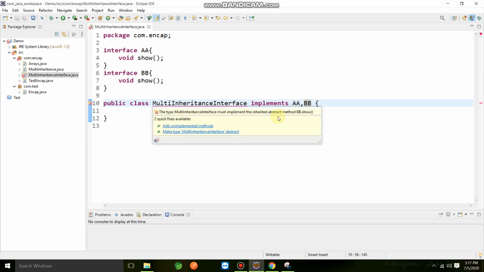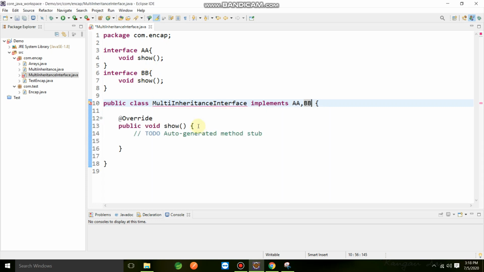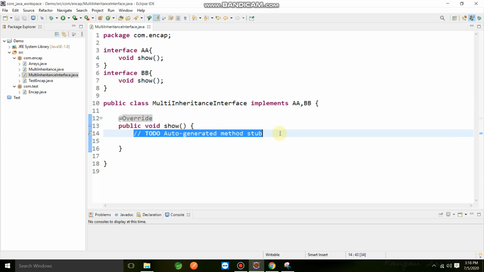So what we need to do is implement the method show which is inside the interfaces. We implement it, and you can see we have this method, and now we can write anything we want here as the implementation of the method.